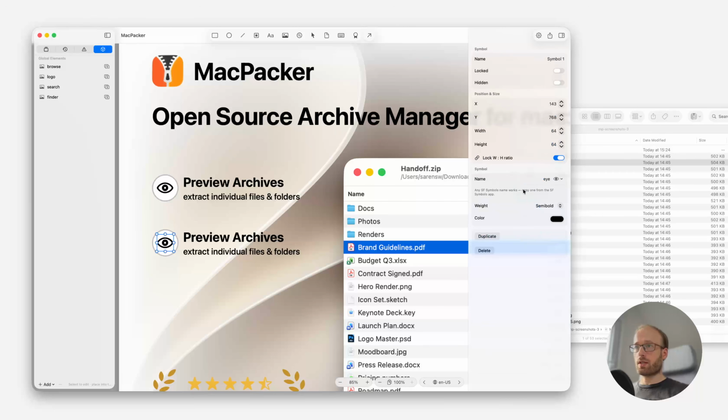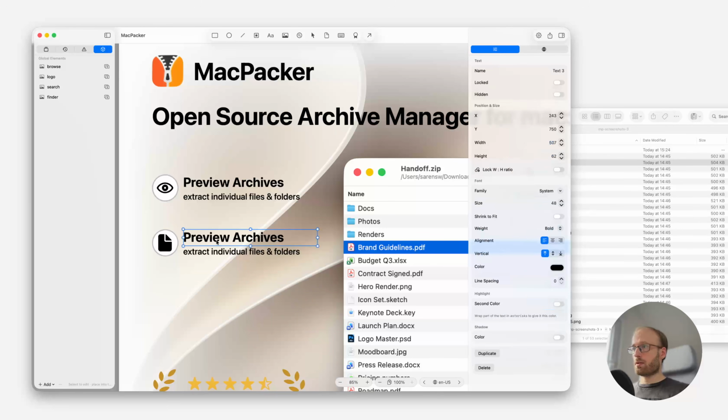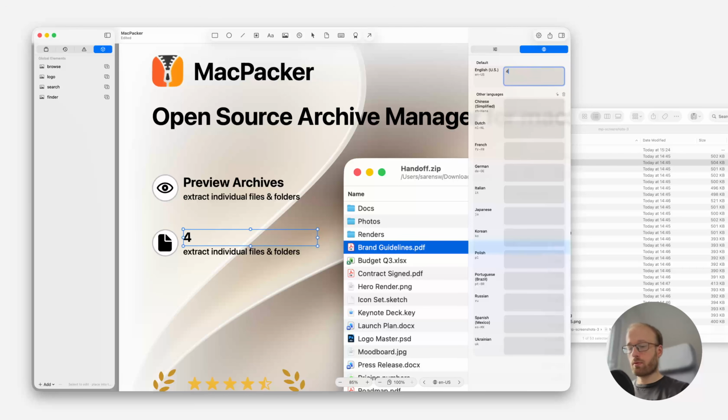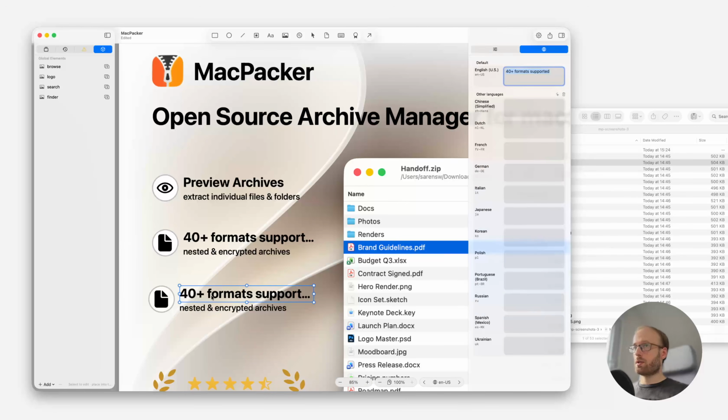Here we're not going to use the eye, but we're using file. Oh no, it's document.fill. Yeah, and the text will be "40 plus formats supported," and here we're using nested and encrypted archives. And then let's add a third group here, which is